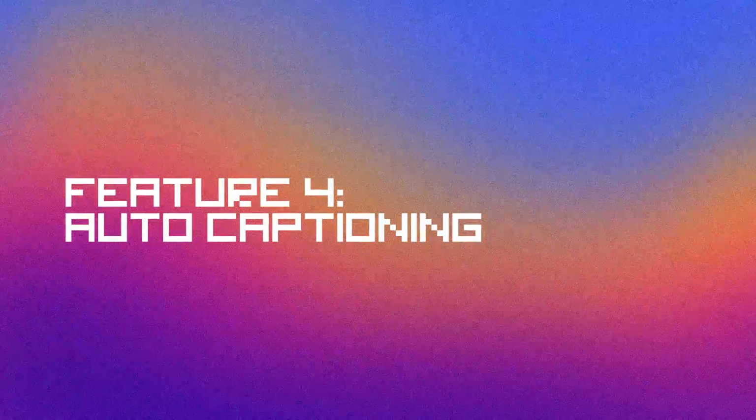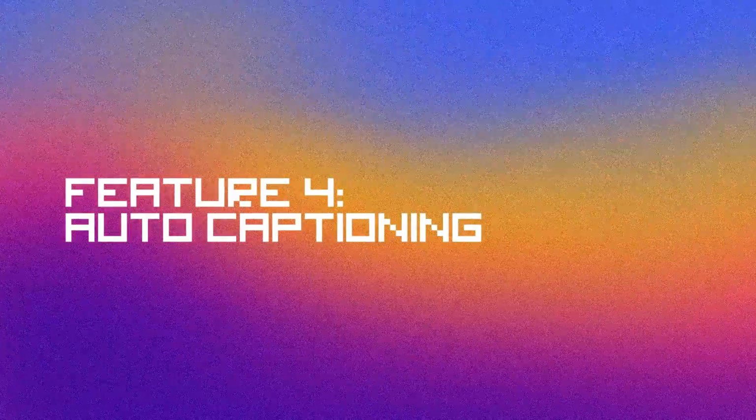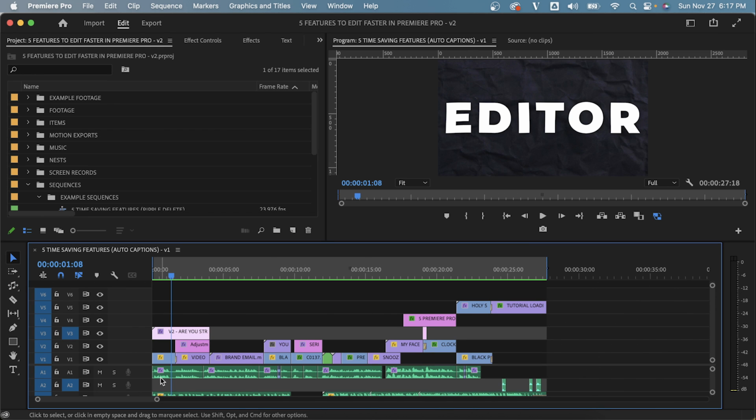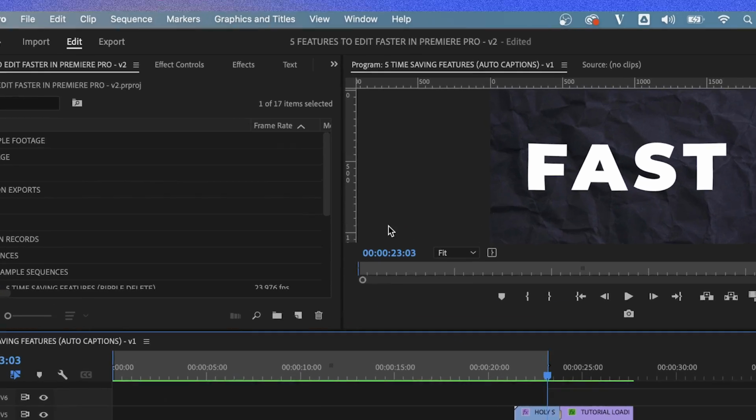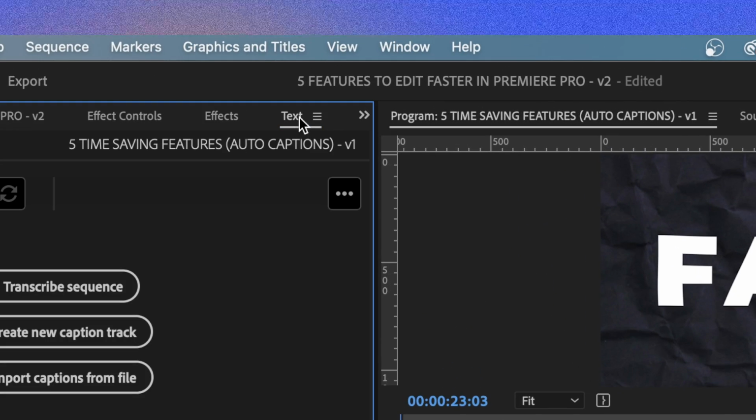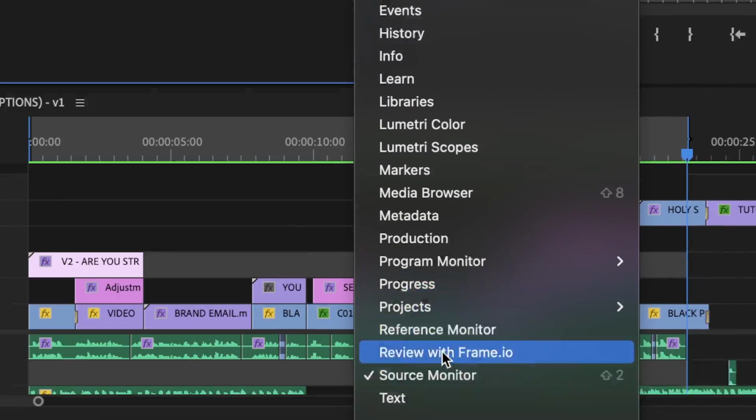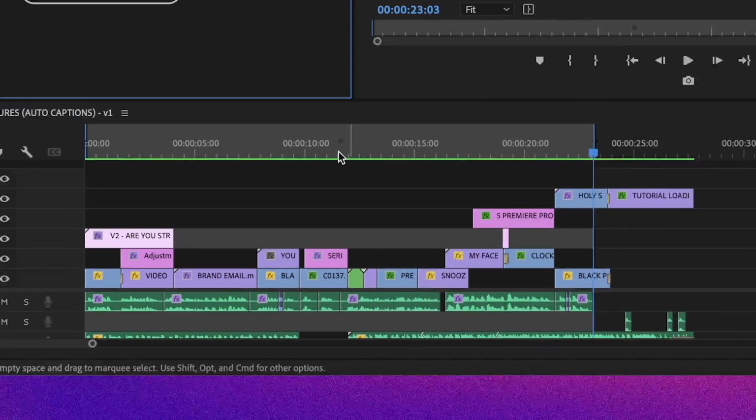Feature number 4 is the auto captioning feature. I use this feature literally every day. So you can go through manually creating text to match up to the audio in your timeline, whether it's a voiceover, but that is gonna take forever. So we're gonna set our in and our out points. Go up to Window, make sure that text box is